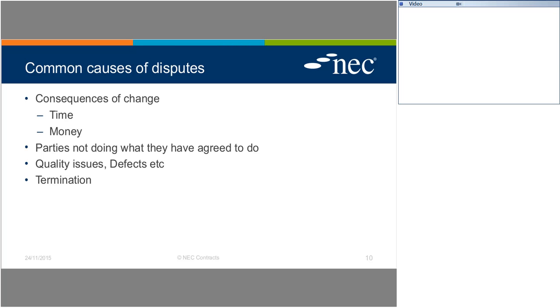And for those of you familiar with the compensation event provisions of the NEC contracts, and particularly the engineering and construction contract, a large part of assessing the cost of compensation events is a forecast of the defined cost not yet spent. And that is a subjective basis, which naturally, with parties who have financial interest, frequently leads to a difference in opinion.